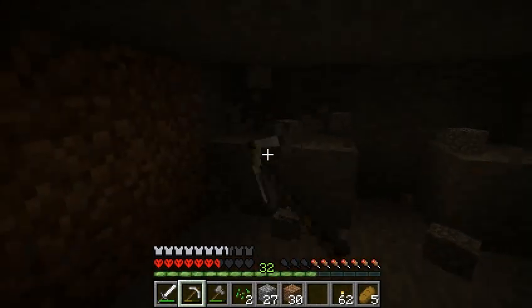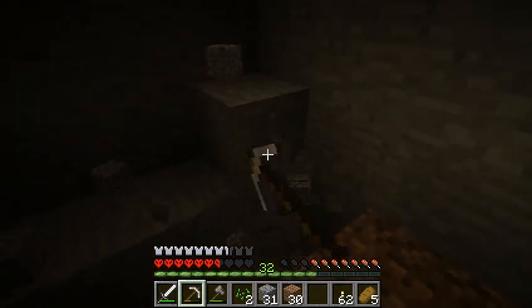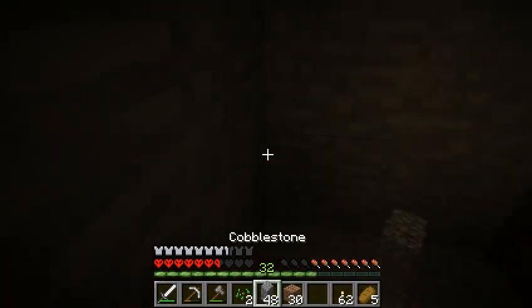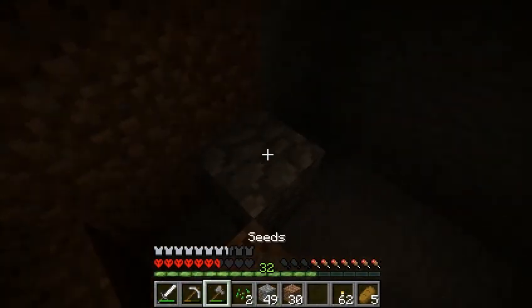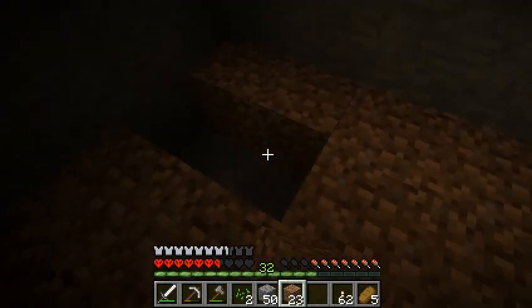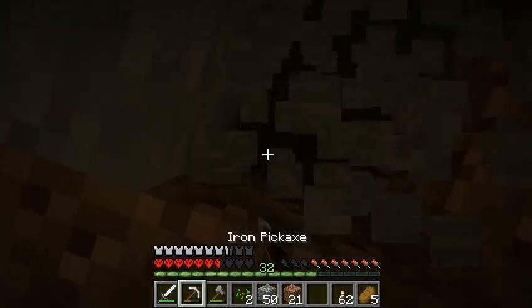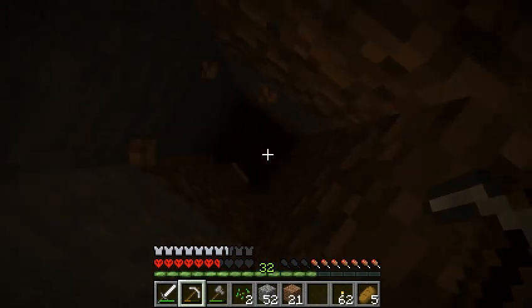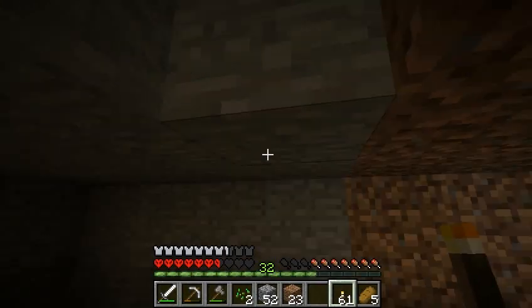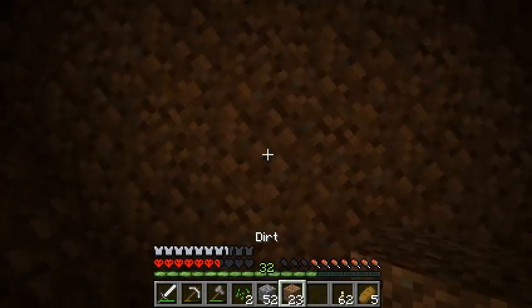However, I do want some form of light. Because if there isn't any light at all, you're going to have monsters spawning in here. To be fair, monsters are probably going to spawn in here anyway. Which is going to suck, but... So around here... I want to dig up. It does, however, make it a little bright, so...